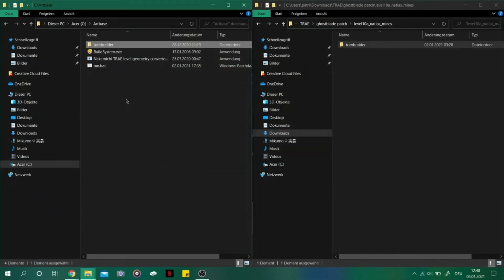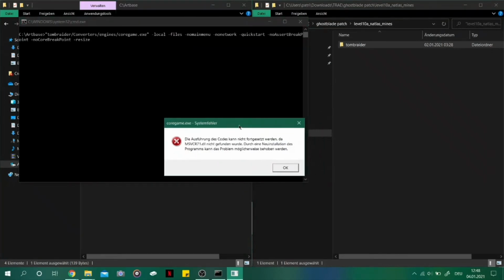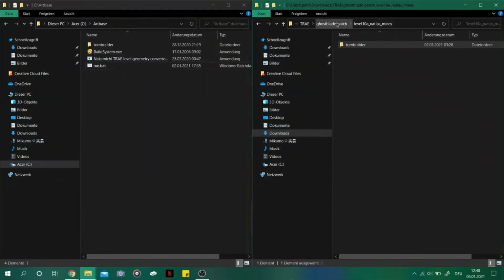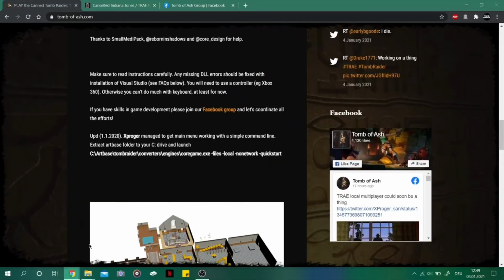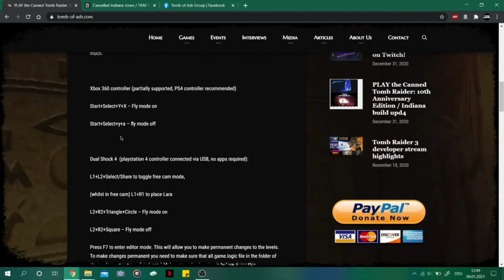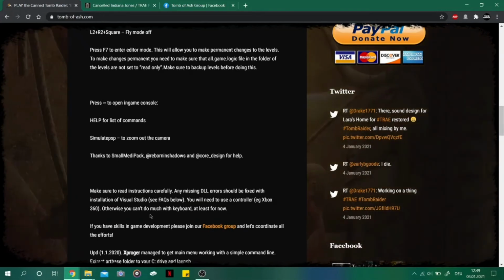So if I do it, it opens this menu, and then it tells me that there's a DLL error, and it's not working for me on my laptop. But I can assure you it does work on my regular computer. The only difference that I can think of is the graphics card. That's also what I have read in the Facebook group. Several people have said that they did the exact same thing as other people and it wasn't working. You can try to install the Visual Studio thing, although I don't know what that does, what it's for, but